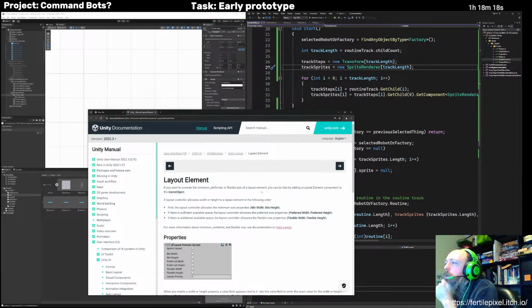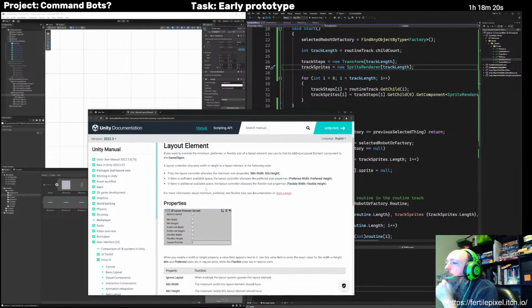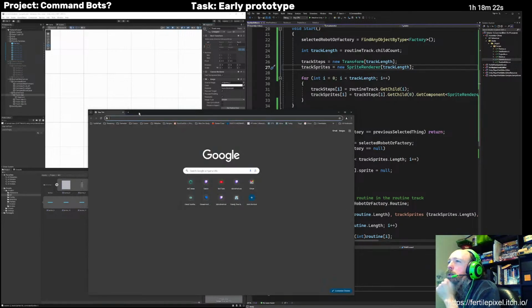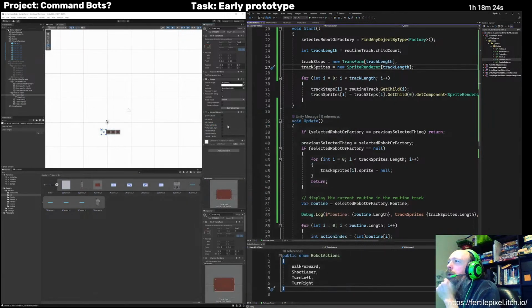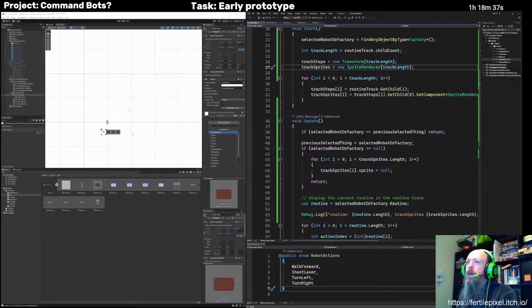Override the flexible size. That's not what I want. I guess it doesn't matter which of these layout things I use if I'm laying them out to be in here, but actually